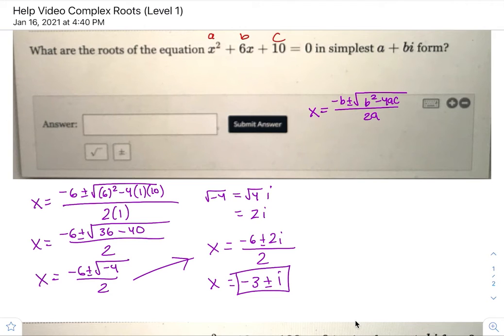If you take a look at this plus symbol, you can hit this plus symbol and it will give you these squigglies. So for one answer, negative 3 plus i, or negative 3 minus i. Or what you could do is simply put negative 3 plus or minus i, and I think you'll accept that as well. You have to look for this symbol in your keyboard section, though.